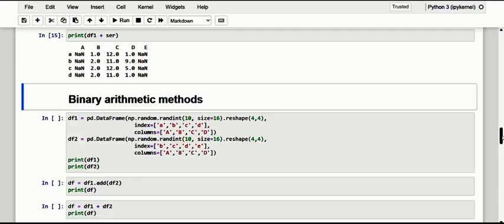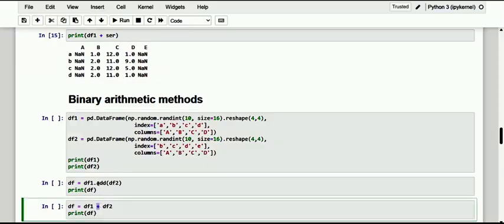Instead of the plus symbol, we use add, sub, mul for multiplication, and div for division. With these methods you can manage the behavior of the operations, which is not possible with the corresponding arithmetic operator. In fact, using these methods, you can choose whether to match on the labels of the index or on those of the columns, through the optional axis parameter.